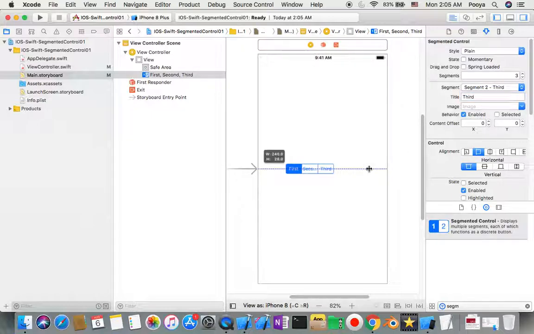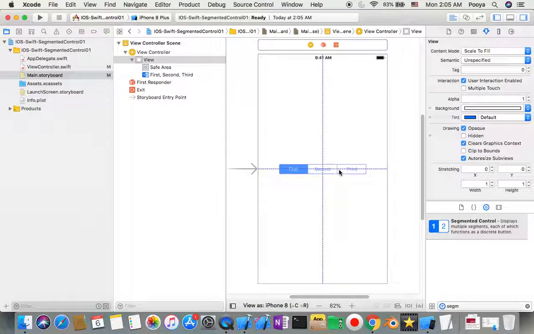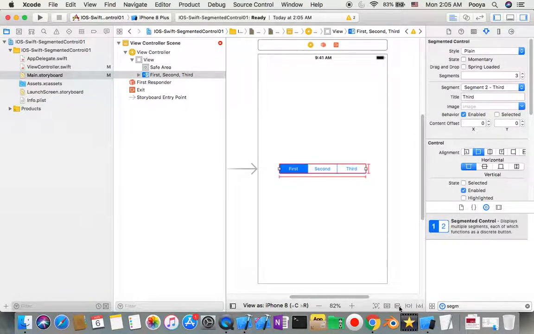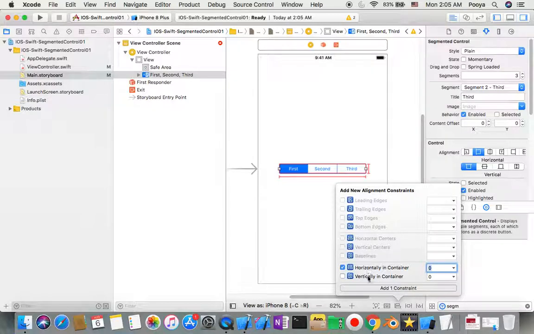I make it a little bit wider, and I want to keep width and height with 2 constraints, and also I align this to be center